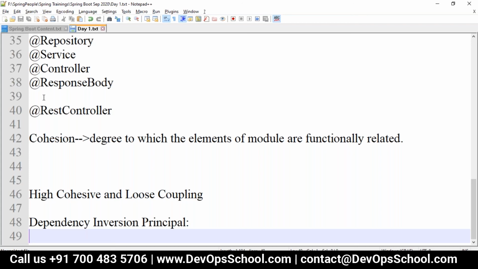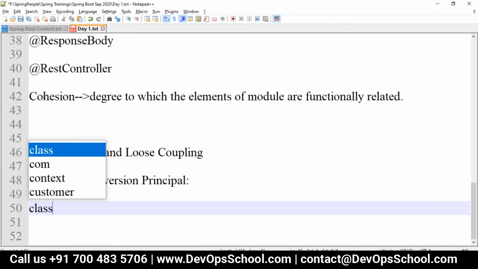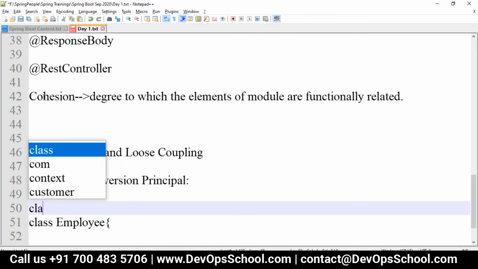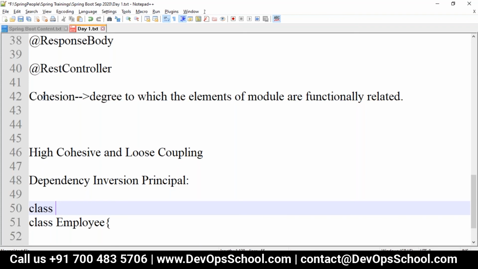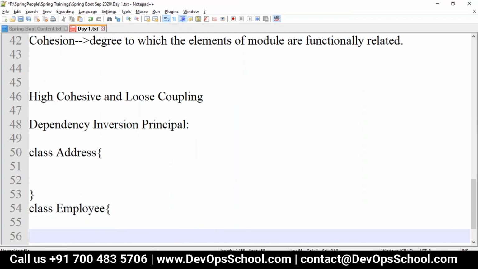I will just take a simple, silly example. I have a class Employee, and I have a class Address, and inside the Employee, an employee has an address.